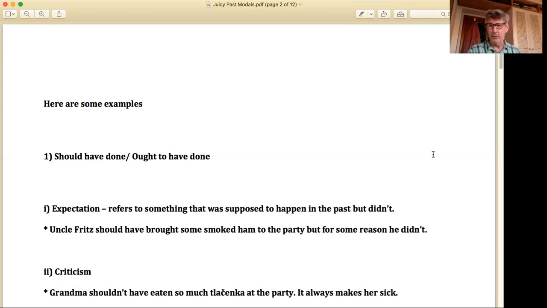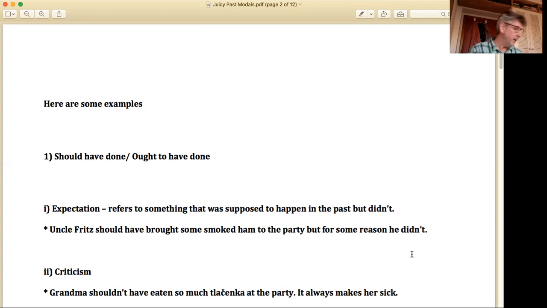This is an expectation. And we also use it for criticism. And again, criticism or even advice, you can kind of use it for advice in this way. And here we have, Grandma shouldn't have eaten so much Tlachenka at the party. She can't help herself. She loves Tlachenka. And of course it makes her, she eats like